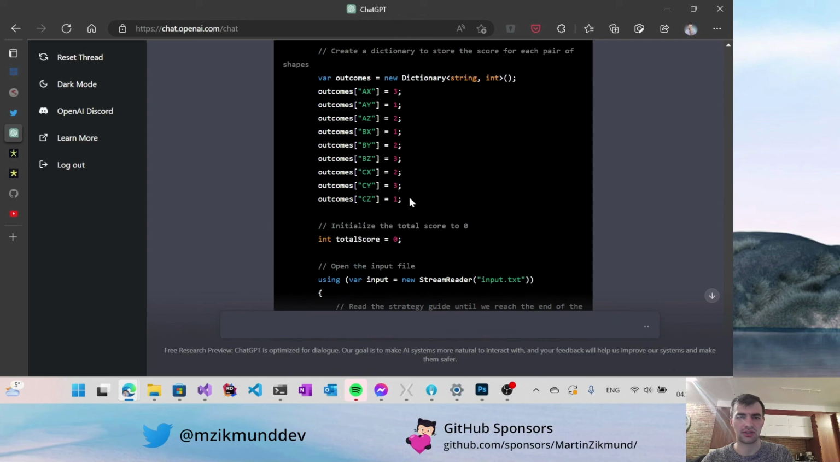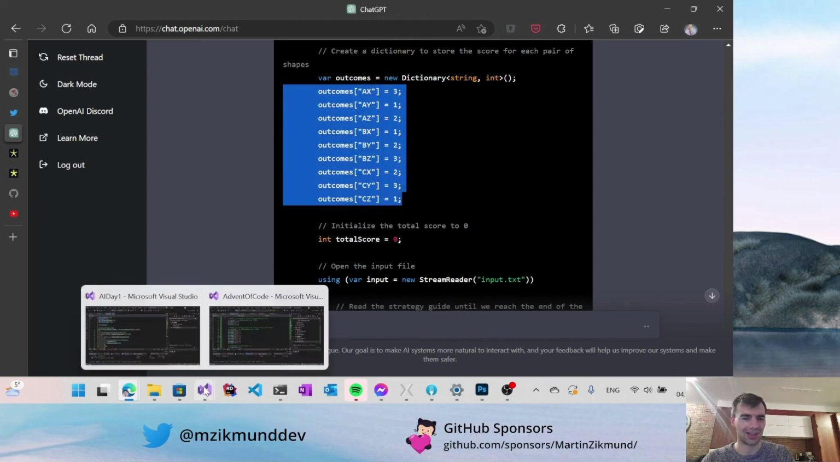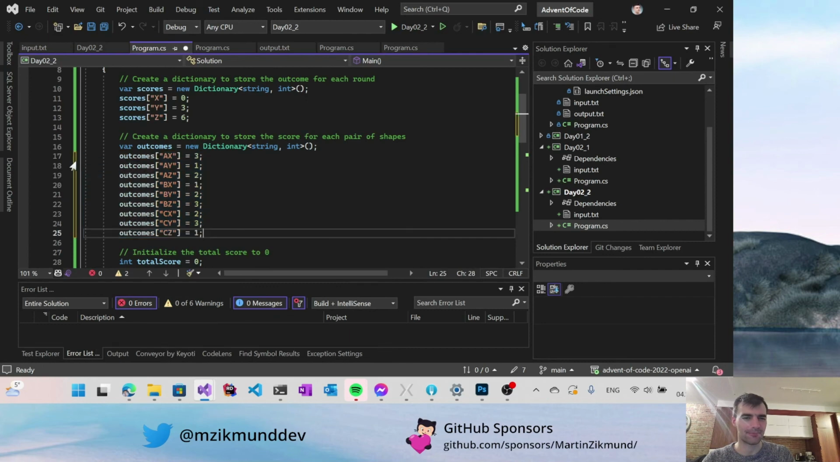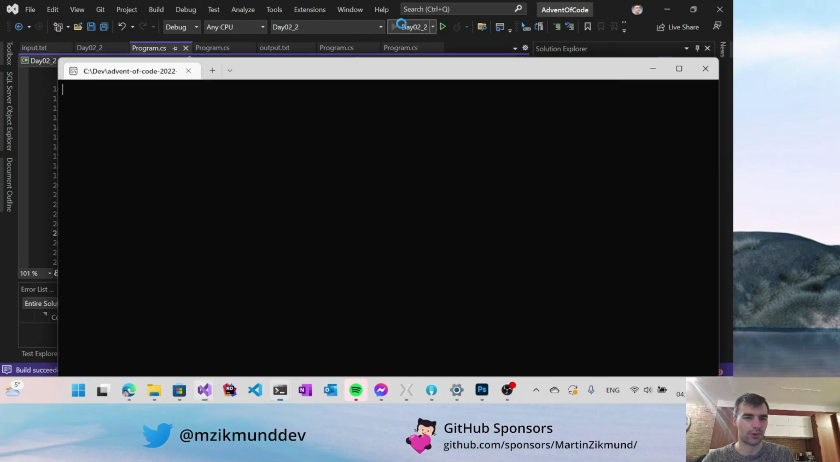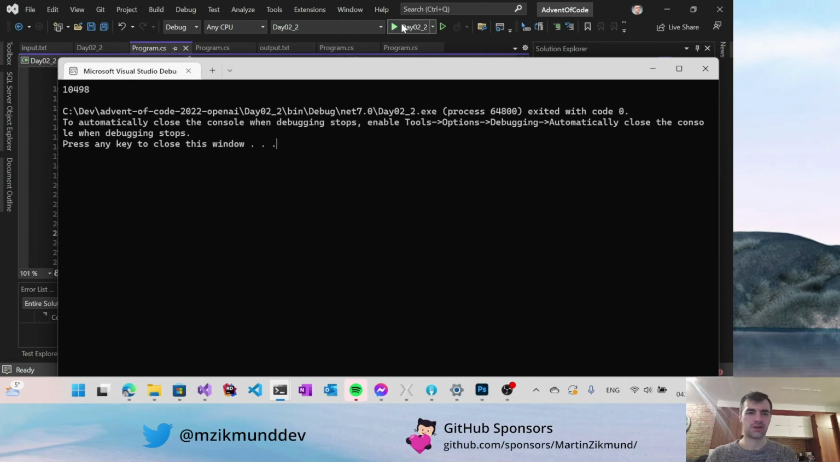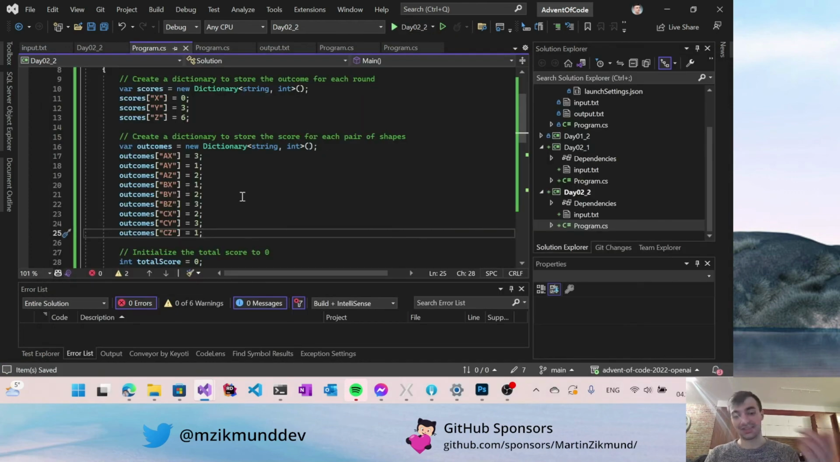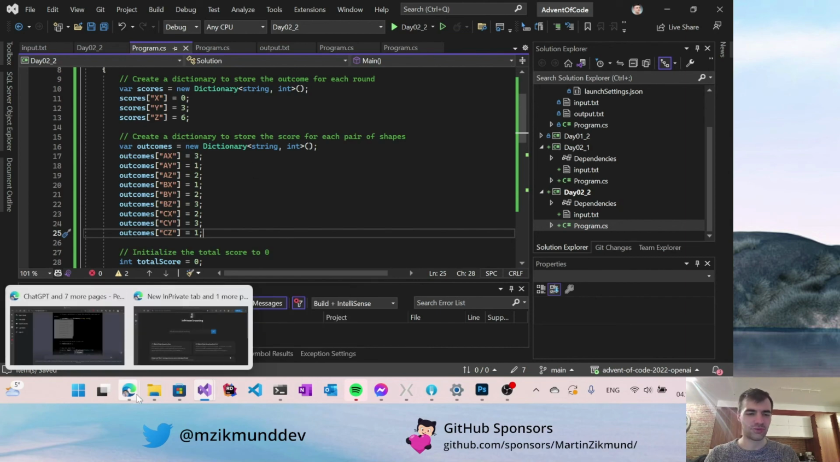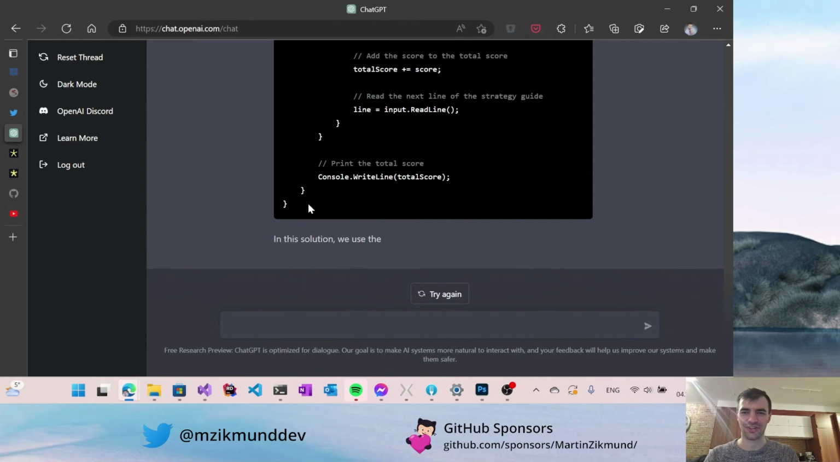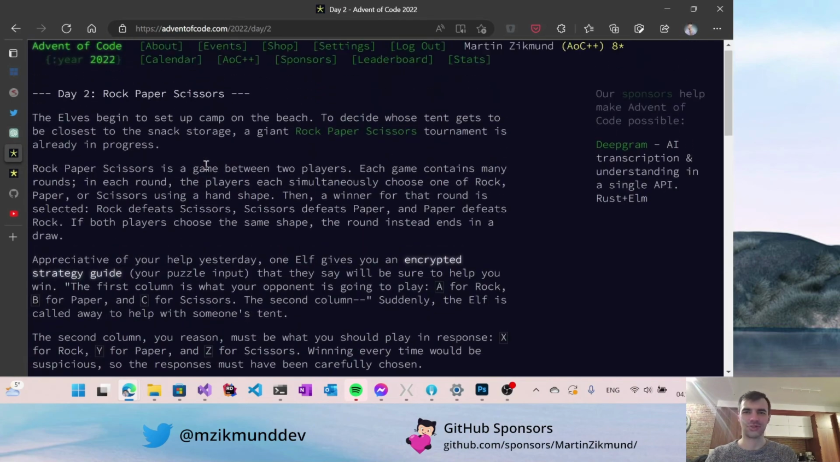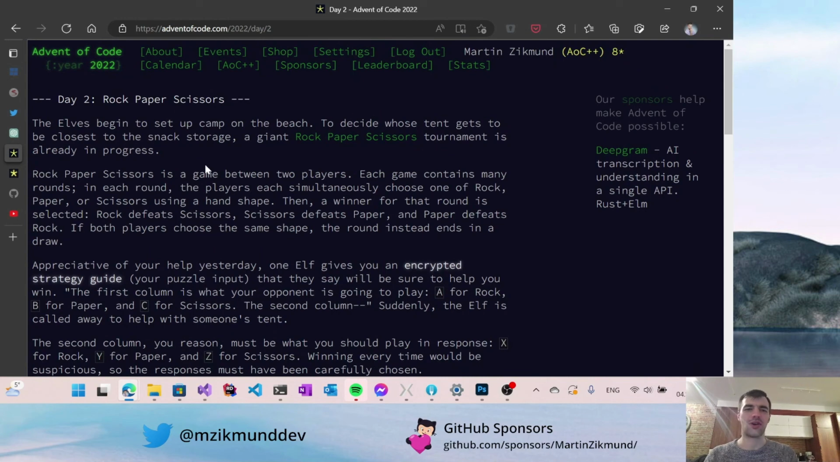We had to really hold the AI's hand in this one, but now hopefully we are getting the correct value. So after several rounds of adjustments, we made the AI understand the outcomes correctly, and now we have the correct solution. So this one took much longer than the first day, but AI finally won. So the second day of Advent of Code 2022 is solved by AI, and I will